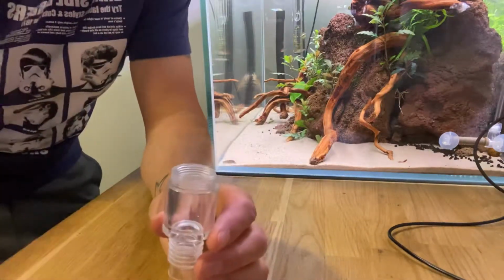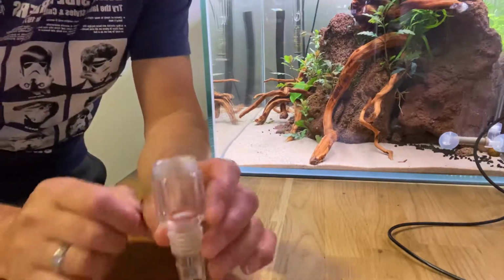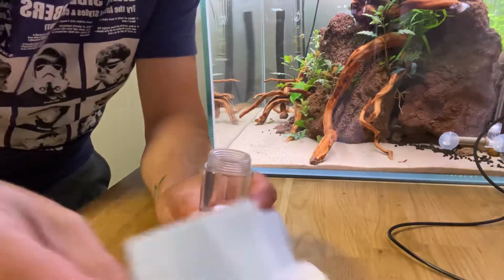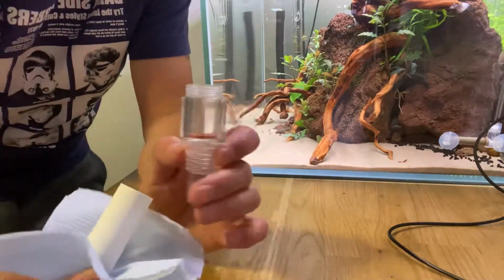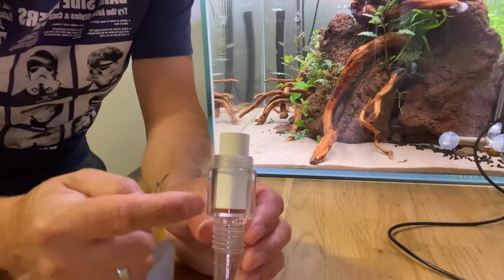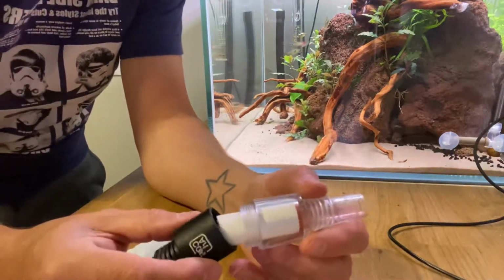We get the clear part and the red seal. We drop the red seal in, give it a tap, and the red seal's in there. Okay. We then get the new diffuser. So we've got a brand new diffuser that we bought as a spare from CO2 Art, and all you're going to do is drop that in there. Okay, you can see it sat on top of the red seal there. We then get the black housing, both on the side,